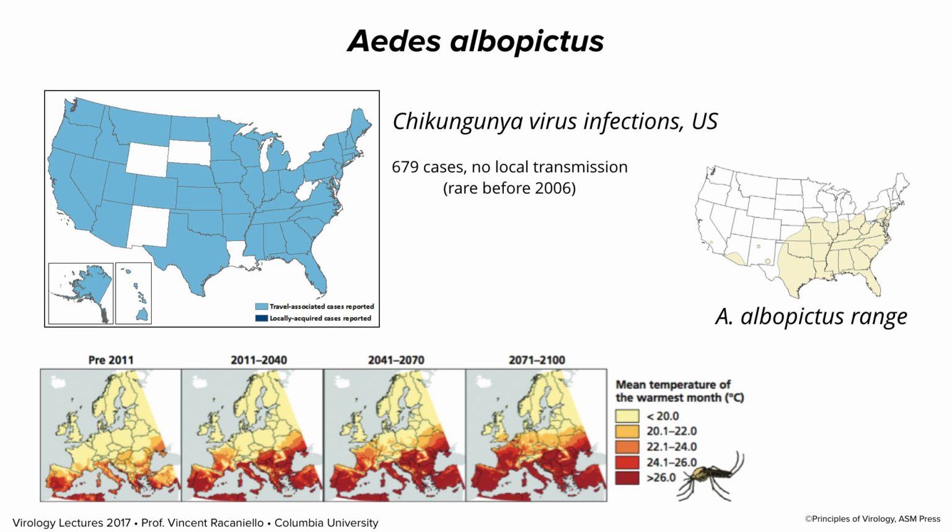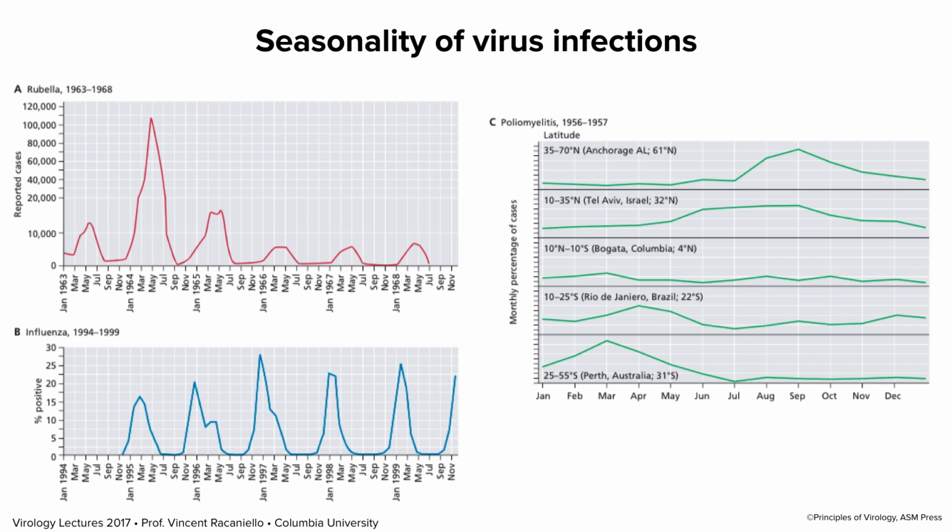Here's now the range of Aedes albopictus. And so now we have some chikungunya in the US. They're all imported, no local transmission yet, but eventually there may be some local cases because the range of Aedes albopictus is changing. Certainly in Europe, they have plenty of Aedes albopictus in the warmer countries, shown by the red here, and that's where they have outbreaks of chikungunya infection. So the vector is very important. We have Aedes albopictus here in New York City. All 5 boroughs have known colonies of Aedes albopictus that are followed. I heard a talk by a New York City entomologist. No Aedes aegypti, though, in New York City.